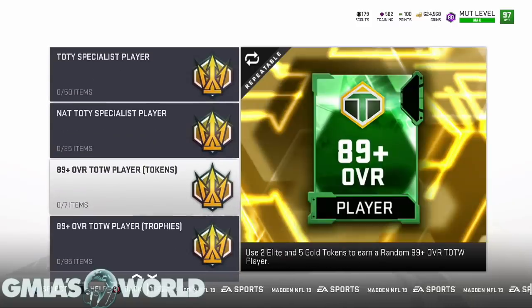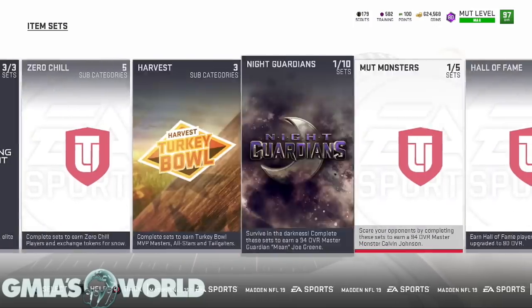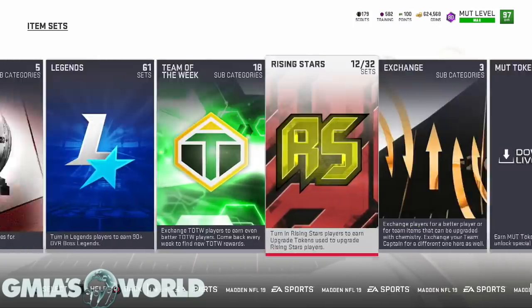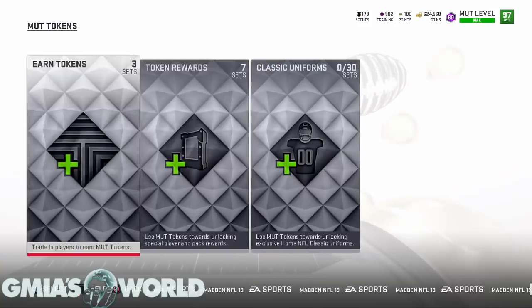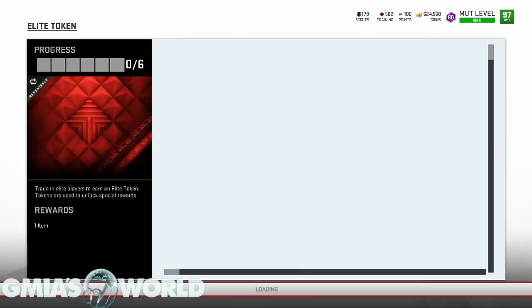Because even though it's only 2 elite and 5 gold tokens, this right here, if it turns out that you pull something really, really good, you're still not getting a lot of value for it. And that's what I want to make sure, because what happens is if you don't understand exactly what you're getting yourself into thoroughly, it could really, really hurt you in the long run. So look, let's go over and look at the elite token prices so I can kind of validate what I'm trying to tell you. When you look at the prices for what's going on,